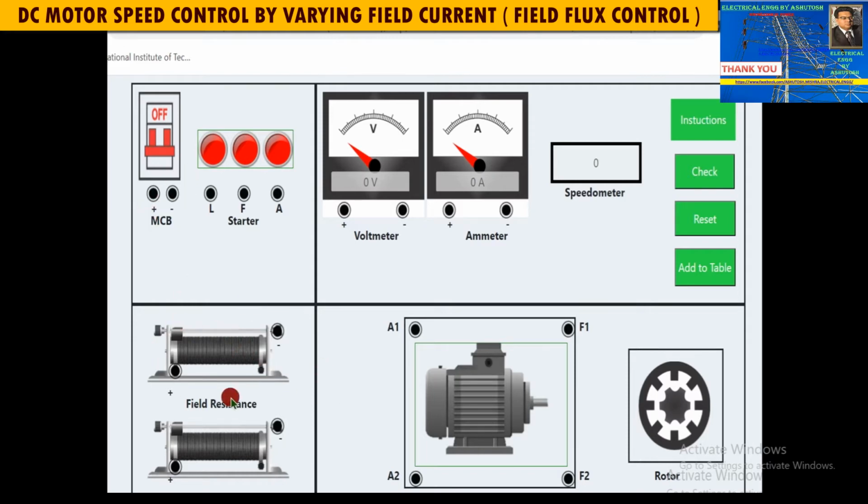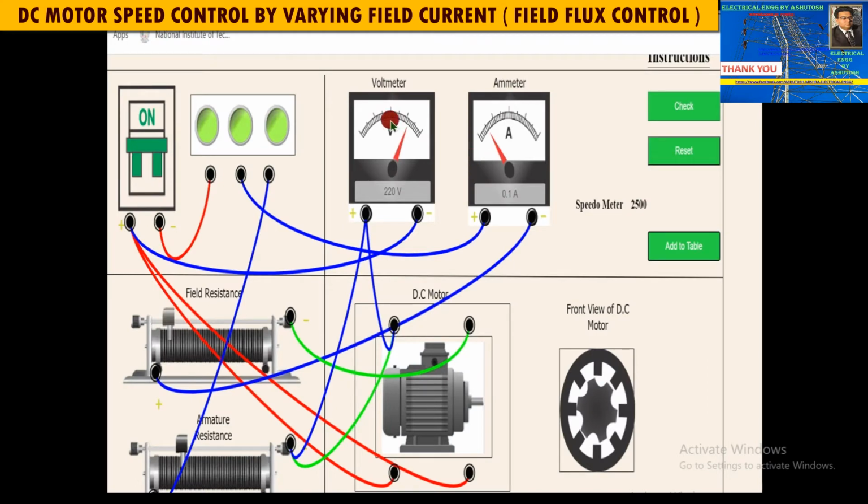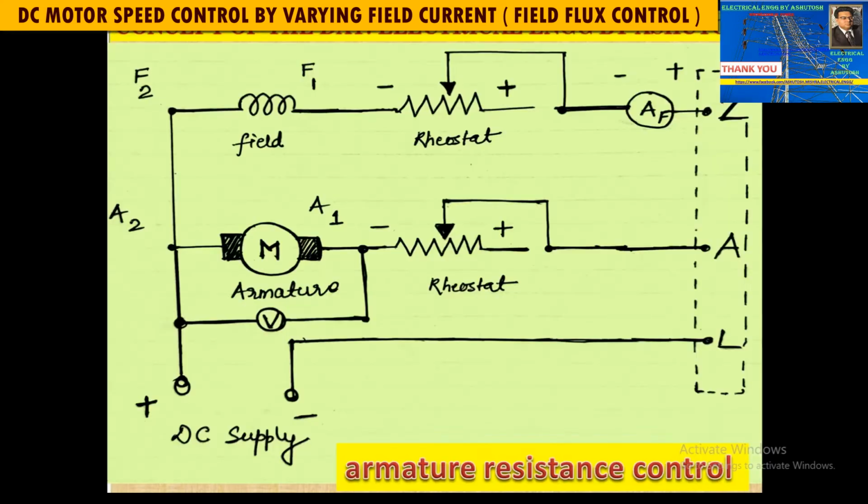These are the field resistance, the field rheostat, and the second, the armature rheostat, and this is the 3-point starter from which the motor is to be connected. There are 3 points: line terminal, field terminal, and armature terminal A, and there are a voltmeter and an ammeter. We have to connect the circuit as per the diagram. I connected the circuit as you can see over here, and this is the circuit diagram you can refer to. I can fix it on the screen so that you can connect the DC motor very easily. We have to follow this connection, and we followed it in my earlier video.